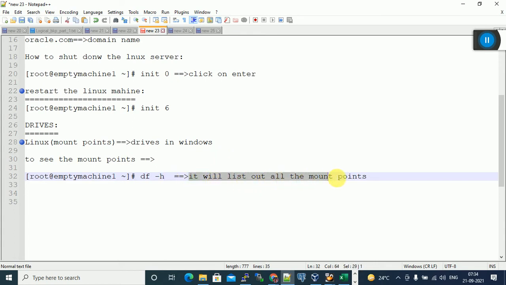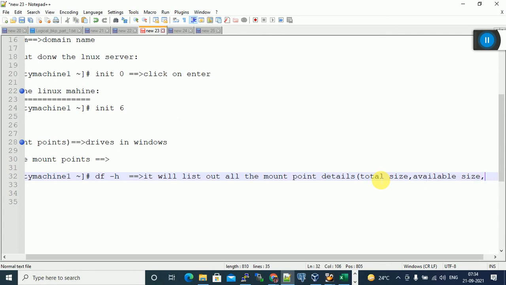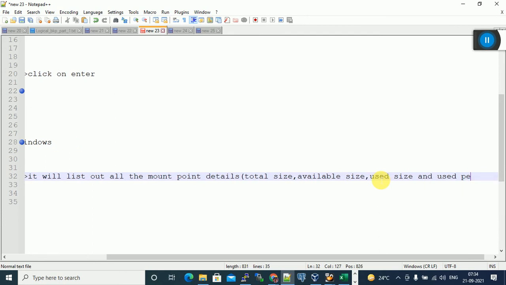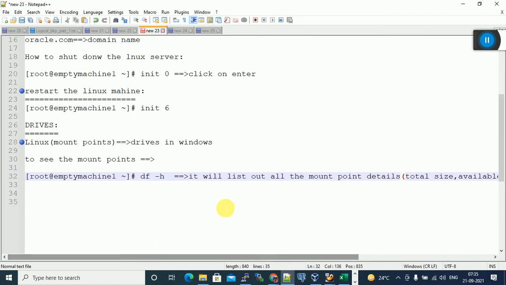It will list all the mount point details: total size, available size, which means free space, used size, and used percentage. These are all the details it gives if you run the df -h command. Clear?